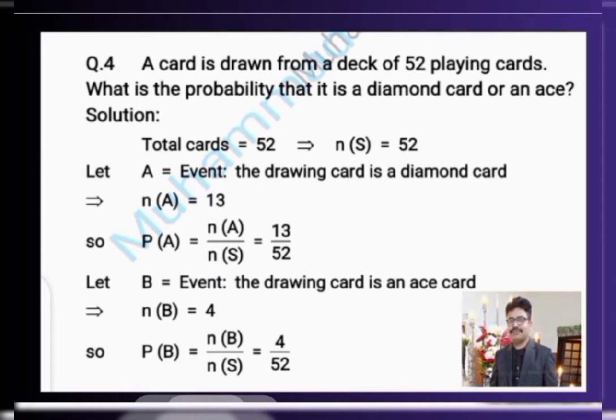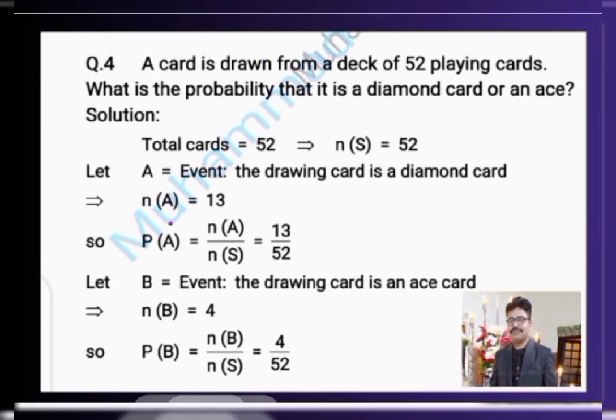There are 52 cards, so the number of values in the sample space, n(S), is equal to 52. We will denote drawing a diamond card as event A, as there are 13 diamond cards as shown in the cards. So the number of values in event A is equal to 13, and probability of A